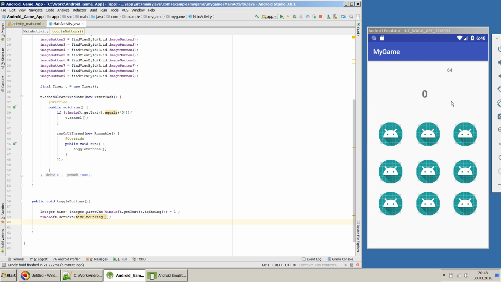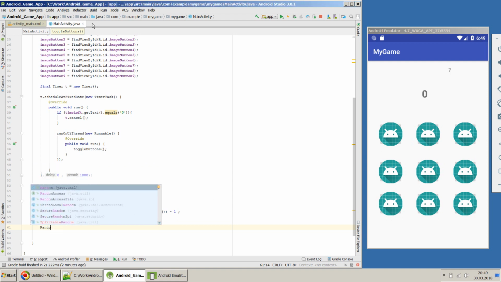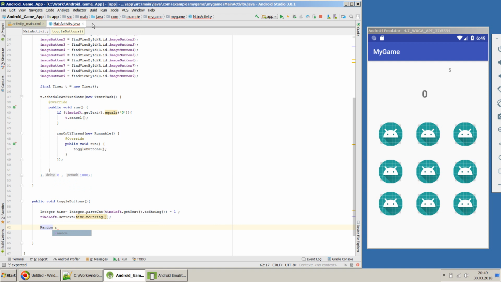So once this is set, now we have to play with the visibility of these buttons. We have to make one of these visible at one particular point of time, and I would like to do it randomly. So I need a random number creator, so by creating a Random r equal to new Random, and now we can use this r to